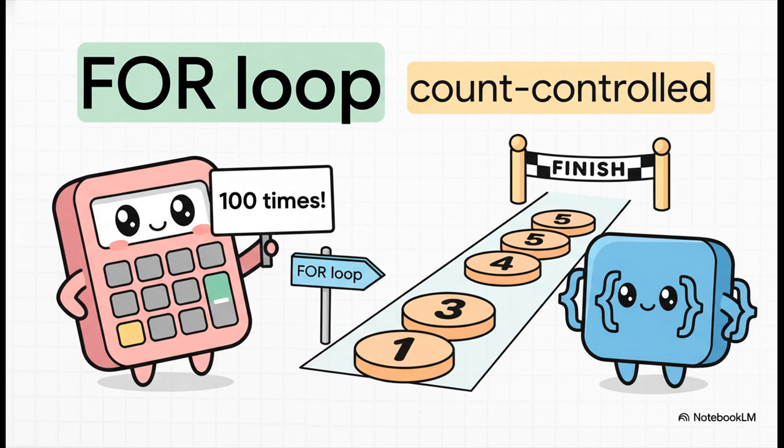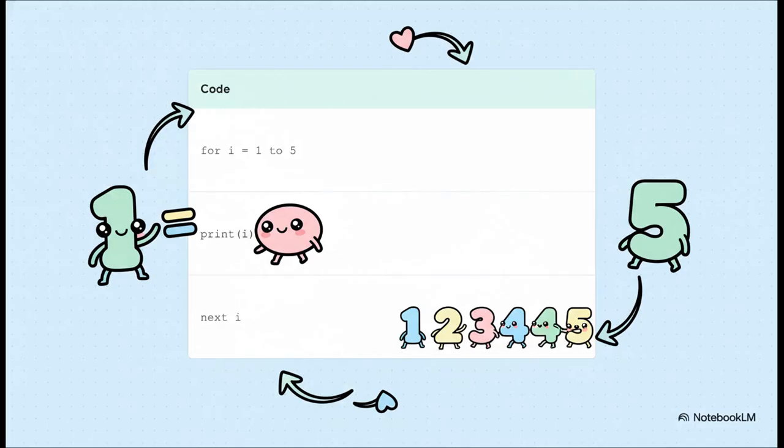It's built for precision. So let's look at a classic example here with some simple pseudocode. This little for loop is designed to print the numbers 1 through 5. Now, the syntax might look a little strange if you've never seen it, but trust me, every single part has a job to do. Let's break it down.